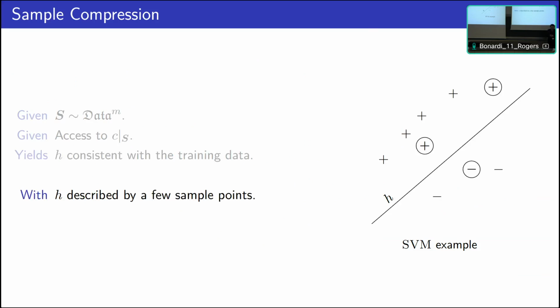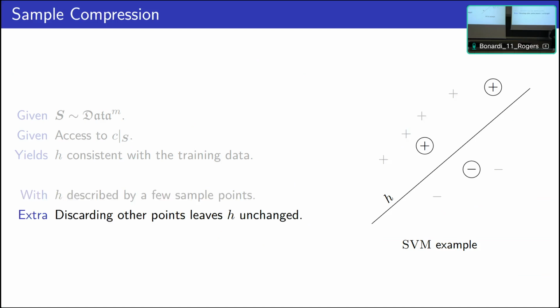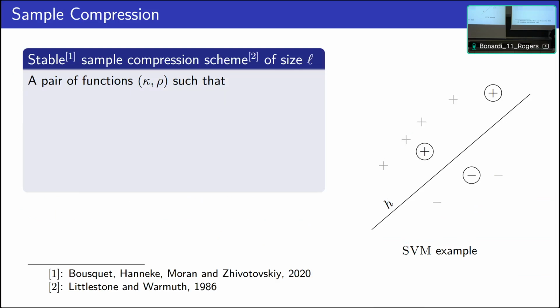And we are interested in the setting where this hypothesis can be obtained from just a few samples that I have highlighted, with the extra property that, as he also mentioned, if you discard some of the points that are not in this compression sample, in those special points, then the hypothesis obtained remains unchanged. This notion has been formalized by previous works in the following definition of a stable sample compression scheme,